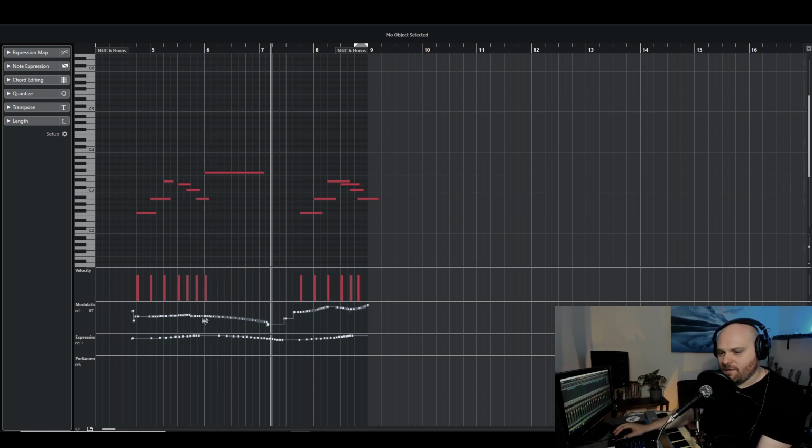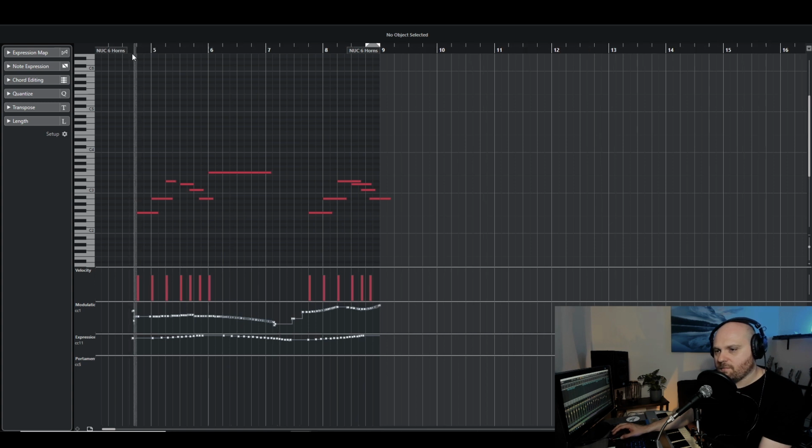So you can see I'm creating these gentle curves at the ends of notes here, and also gentle rides at the beginning of the note. So if I just play this horn in isolation,